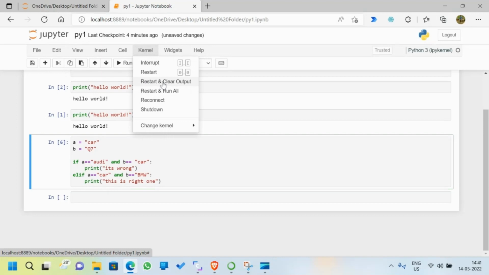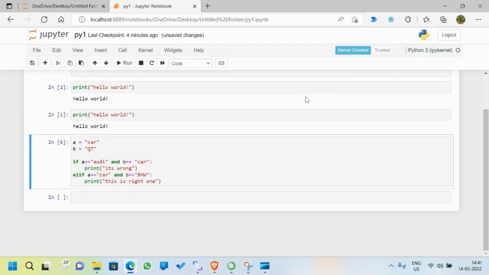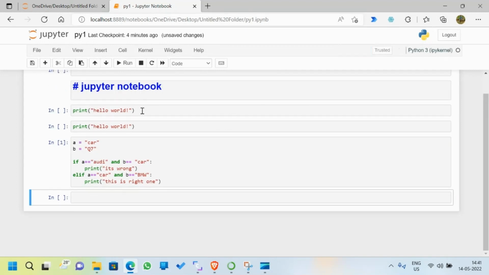Now I'll reset and clear all the outputs. I have already given the condition, so it's not showing. Now if I give A equal to car, B equal to body,